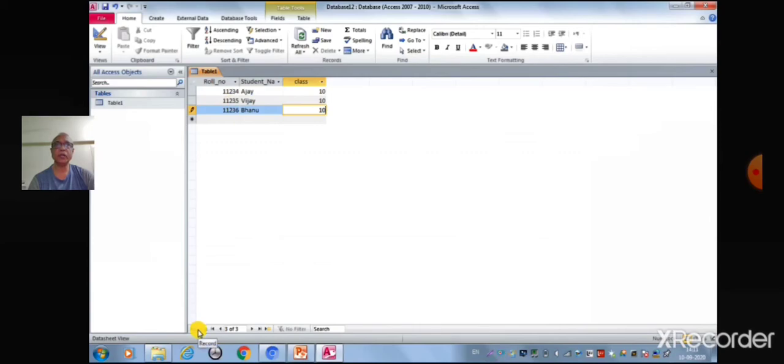Students, we can also view the record numbers at the bottom of the screen in the Record Navigator bar. Now students, we will see how to insert a record in a table. Now change the table view to Design view.